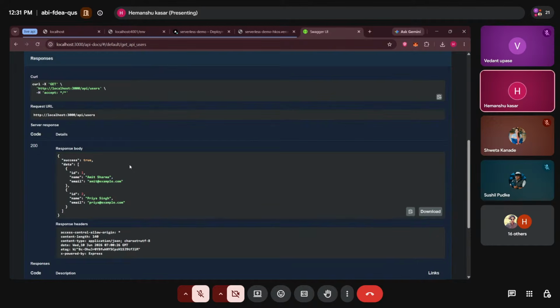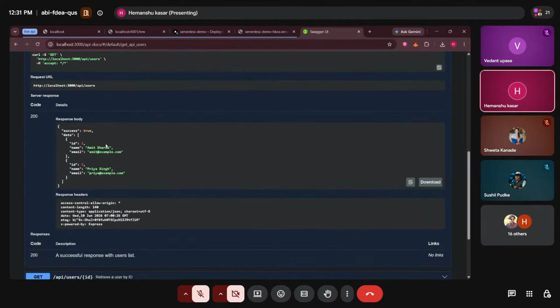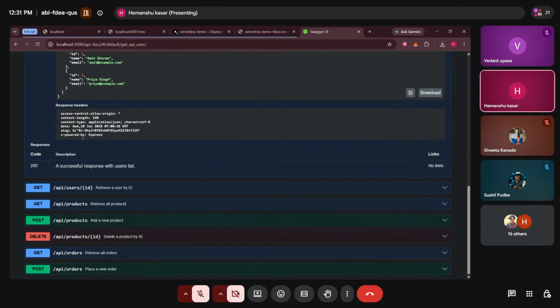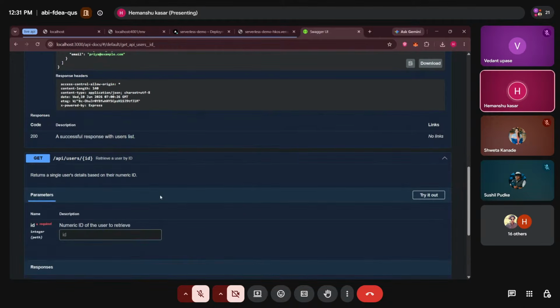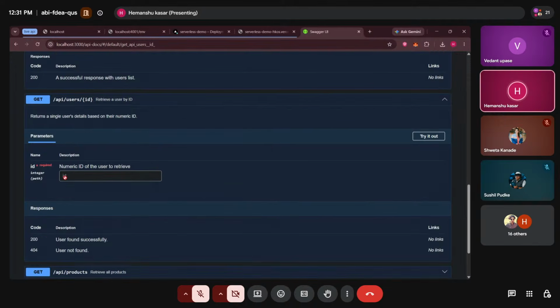As the get meaning refers to, we have to get something from the API we have. Then we're able to see the response body. In that, how many users are present, that users data we are able to see here. The same REST API we will be able to test here, as we are able to see here, using the ID we can generate the data.